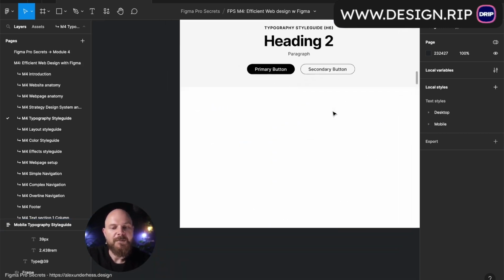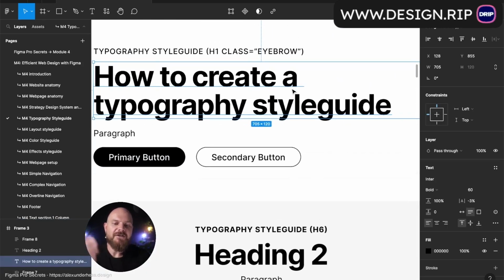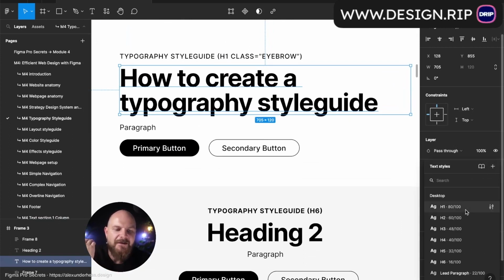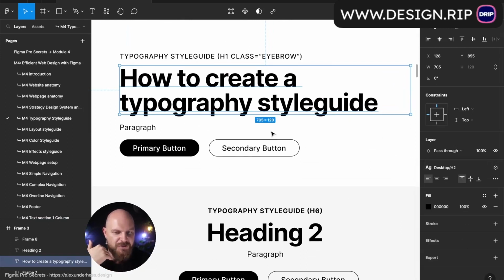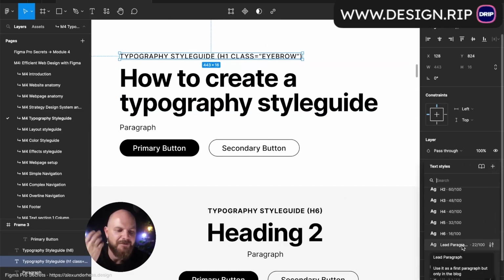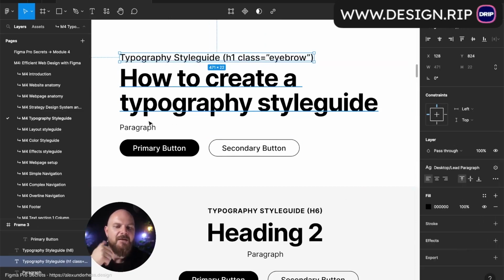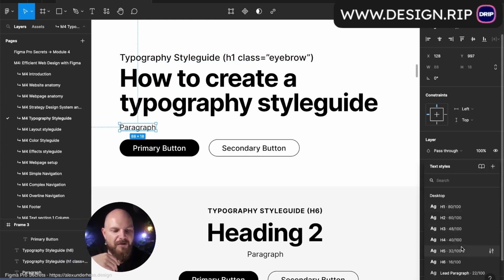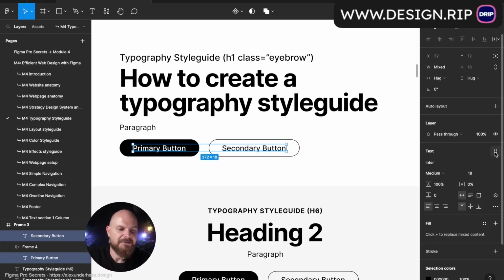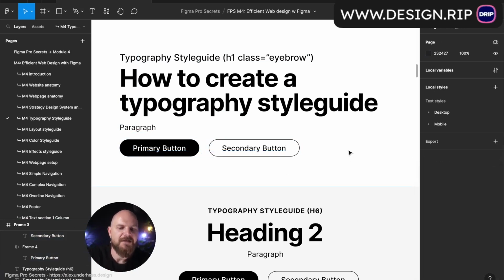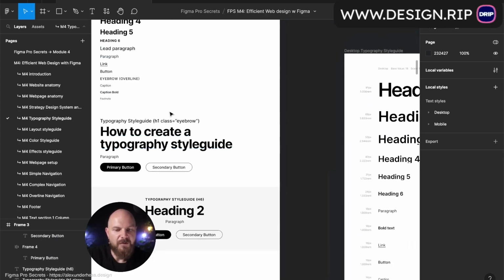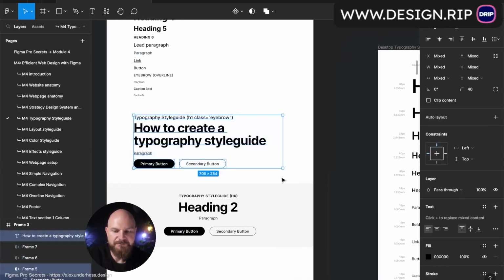And now, when you're creating your actual design here, what you can do is just click Style, Desktop H2. You click here, we don't have eyebrow, let's imagine lead paragraph here. Boom, done. Here we have a paragraph, we select paragraph. Here we have buttons. We haven't created the style for the buttons yet, but you got the idea. But for the mobile version of the same element,